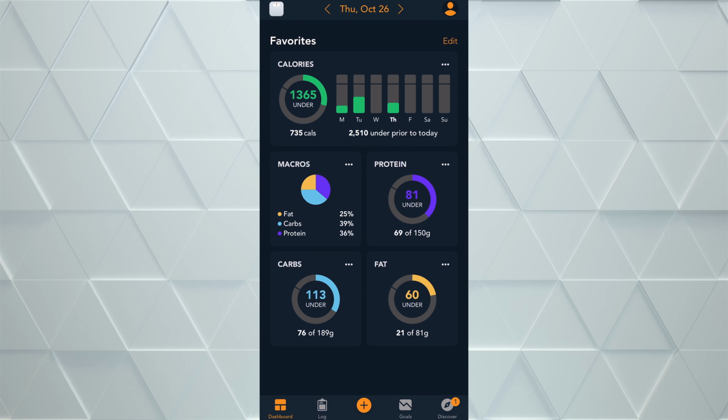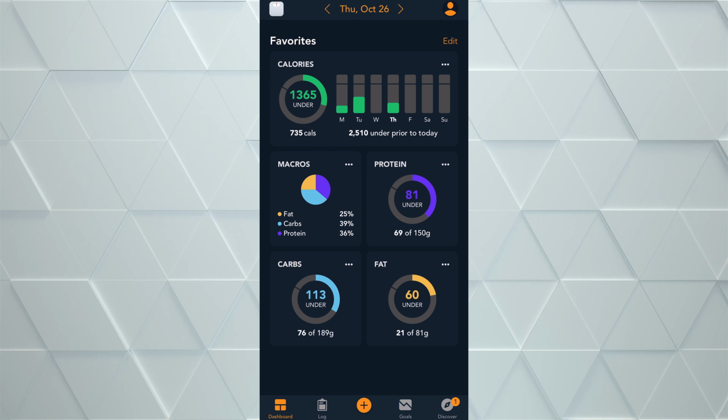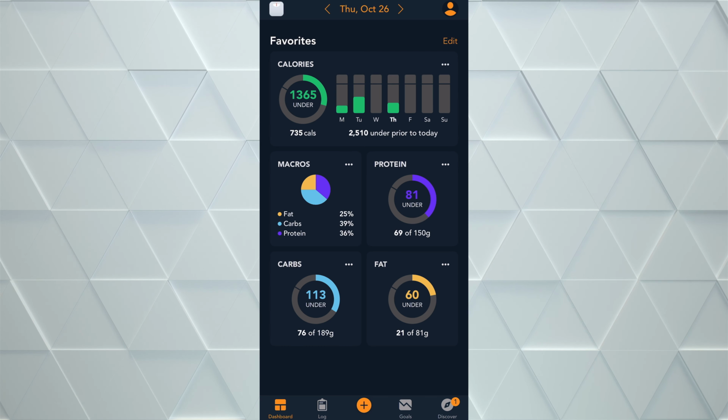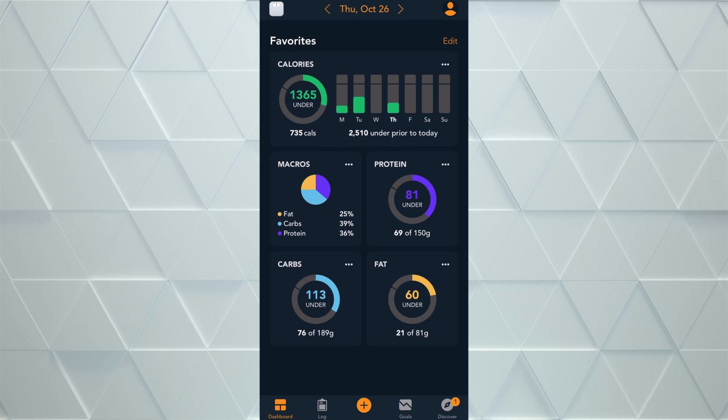All right, everyone, welcome to the dashboard of your new Lose It app. If you have made it to this point, it's because you already filled out all of the beginner information that they asked you to fill out when you first signed up for the app and downloaded it. If you are unsure of some of the questions that they were asking,